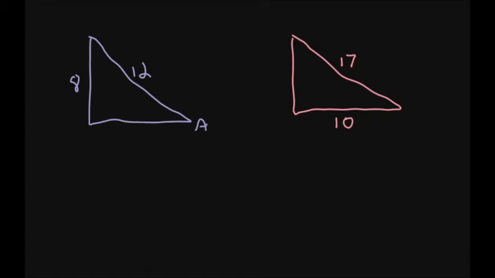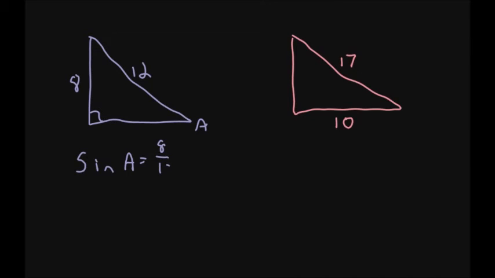Alright, so now we've got two right triangles here. And I'm giving you some side lengths, but I'm not giving you the angle measure. We need to find the angle measure. So start with A there. If you look at A, I've got the opposite of A and I've got the hypotenuse. So that's going to be the sine of A equals